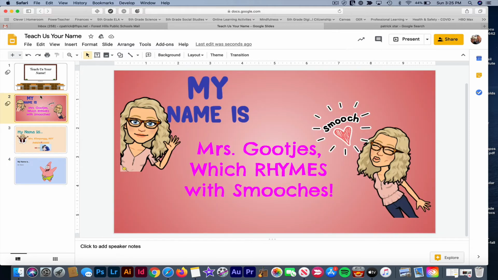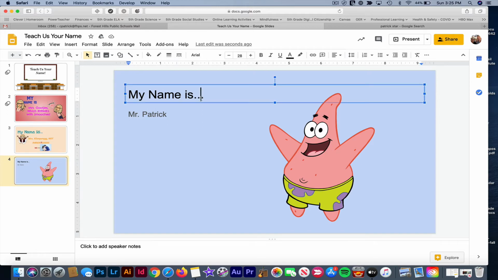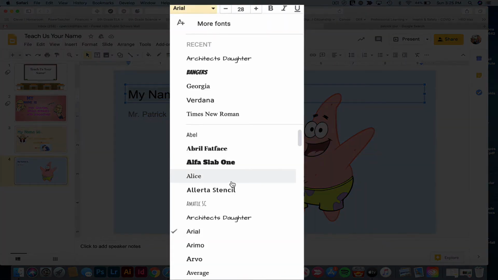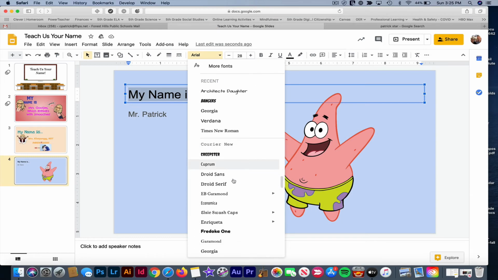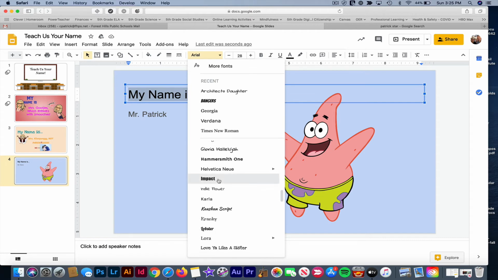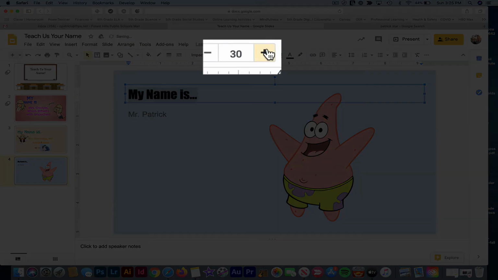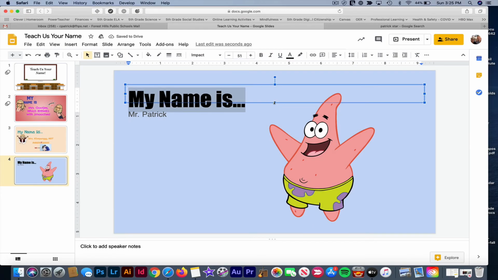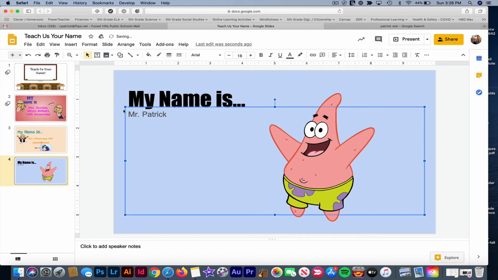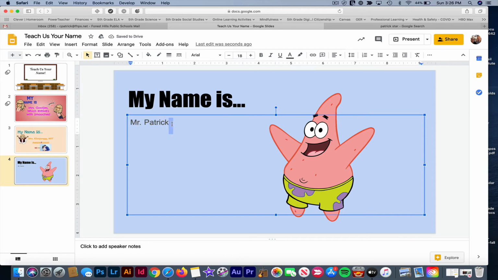Notice too, the font has changed on there as they've made the font bigger and they've kind of moved it around. I think I'm going to do the same with my name is. So I go up here and where it says Arial, I'm going to find a font that I think looks kind of fun. Maybe I'll make it a little bigger. Yeah, I like that. That looks good. My name is. And then down here, I can write Mr. Patrick,